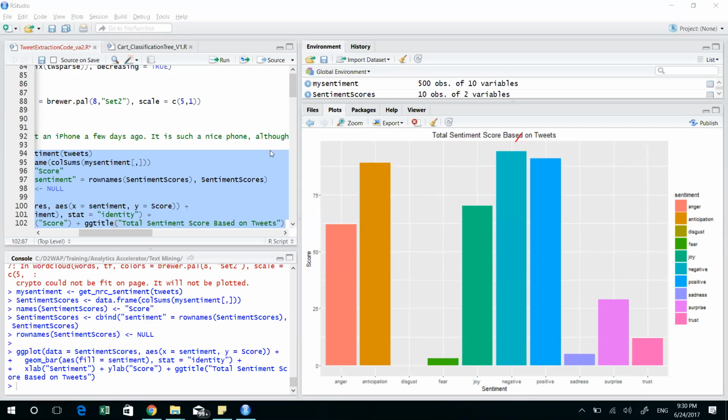Okay. I think there were a lot of other questions also. I think Sai, your question is answered by Amit already, that what is sentiment? These are nothing but feelings. Vikas is asking, is get NRC sentiment a custom function you have written or an inbuilt one? No, Vikas, this is an inbuilt one. I have not written this function. This is already available as part of the sentiment package.